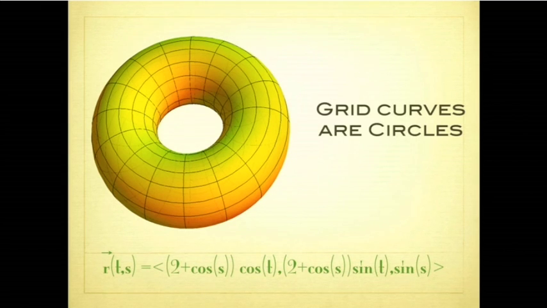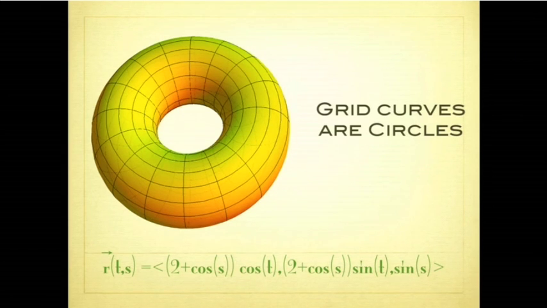And so if you don't know what this is, it always helps to look at the grid curves. For example, put s equal to 0, and then you see 3 cosine t, 3 sine t, 0, which is a circle. So you see there is at least a circle as a grid curve. And whatever you change s to, it always produces circles. So there are lots of circles in this surface.